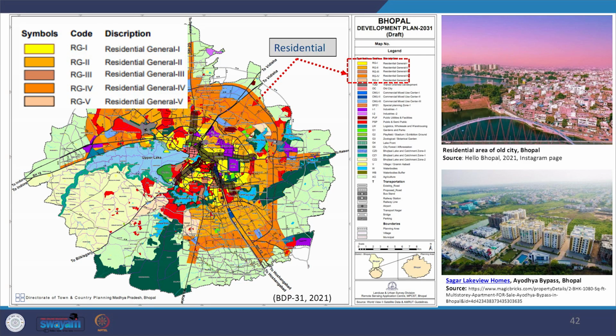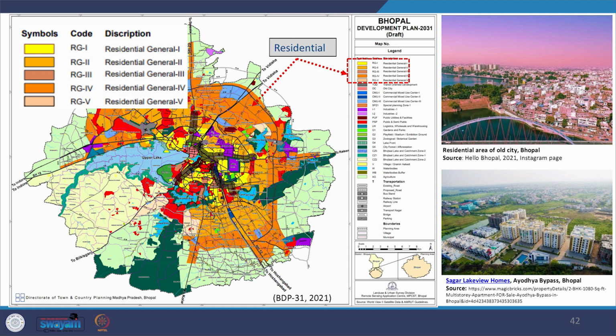Here we will walk through the example of proposed zoning from the Bhopal Development Plan, looking at the zoning plan, in particular use zoning proposed for the city to resolve different identified issues. First, we see the residential zone, which is further categorized into 5 subgroups shown from yellow to brown color. Category 1 is based on the existing residential zone. Category 2 is the proposed residential zone.